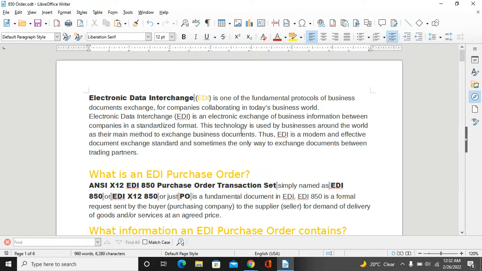EDI is electronic data interchange, which is one of the fundamental protocols of business document exchange for companies collaborating in today's business world. Electronic data interchange is an electronic exchange of business information between companies in a standard format. This technology is used by businesses around the world as their main method to exchange business documents. Thus, EDI is a modern and effective document exchange standard, and sometimes the only way to exchange documents between